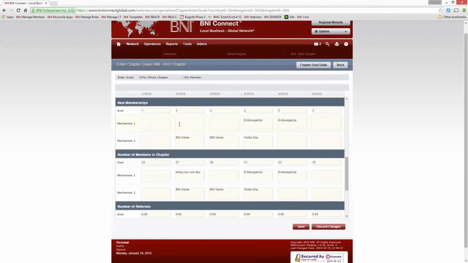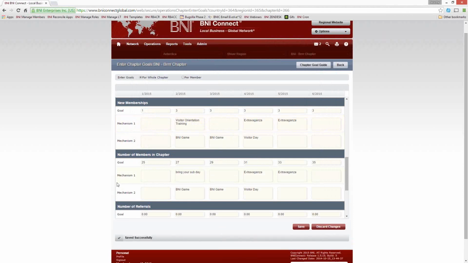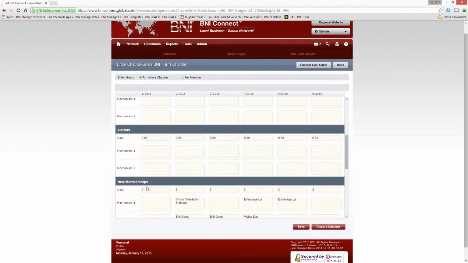So maybe I'd like to add in visitor orientation training, and so on and so forth. I'm going to hit save just for good measure here. And again, we can look at all of the rest of the goals.